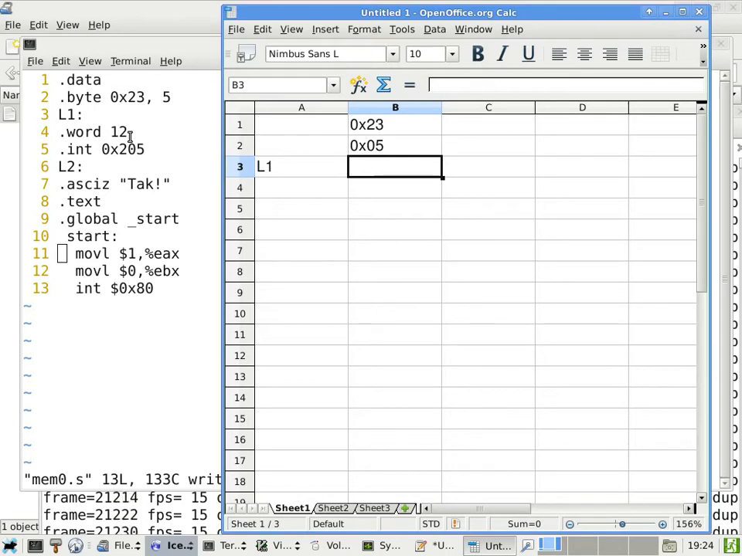A base 10 12 can be represented by a single hexadecimal digit, which is which one? C. That's right. But that's only 1 digit. How many digits in hexadecimal do we need for a .word? We need 4 because it's 2 bytes. So that means we have to pad additional zeros. Let me show you what I mean. I can represent this using just 0C, but as a 16-bit number, it has to be